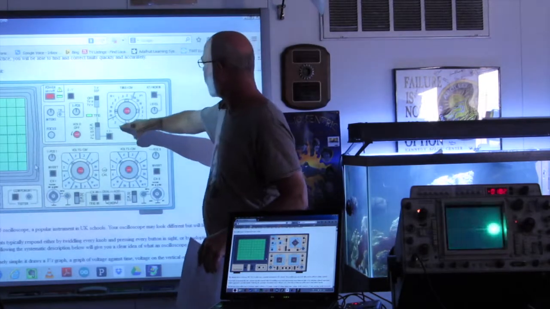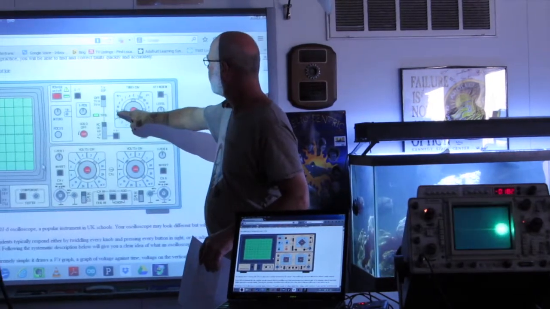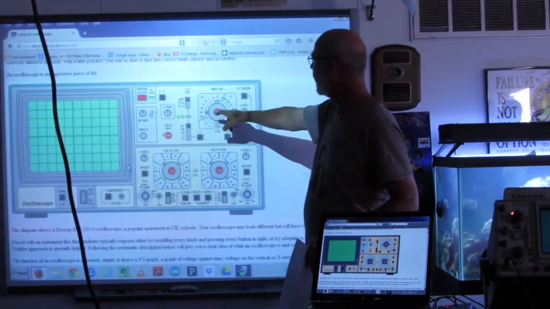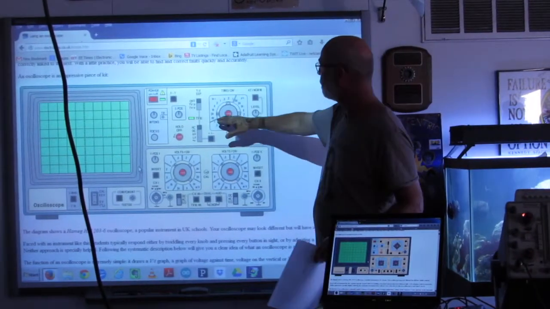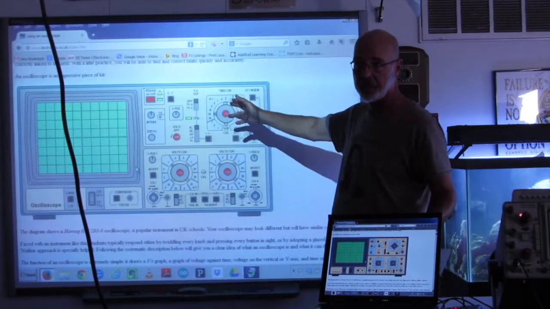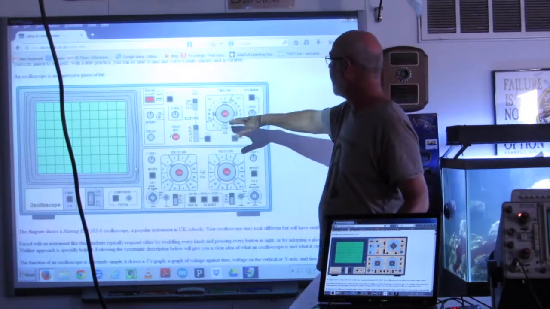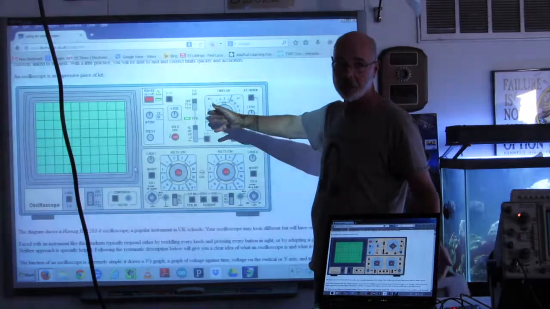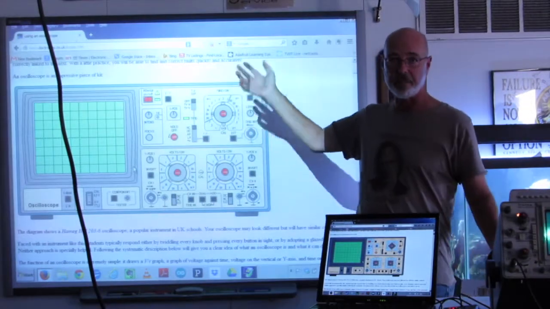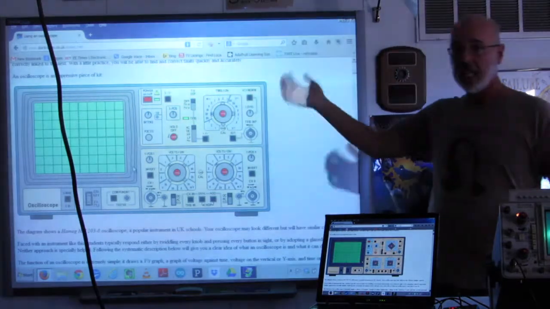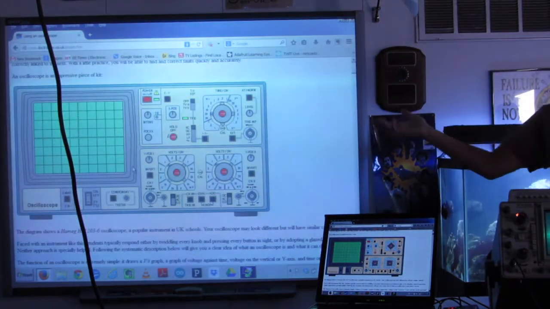And all scopes are calibrated in 5-2-1 increments. So it's 5-2-1, 5-2-1, and that would be 5 seconds, 2 seconds, 1 second per division. And then a half a second, or 500 milliseconds, 200 milliseconds, 100 milliseconds, then 50 milliseconds, 20 milliseconds, 10 milliseconds,